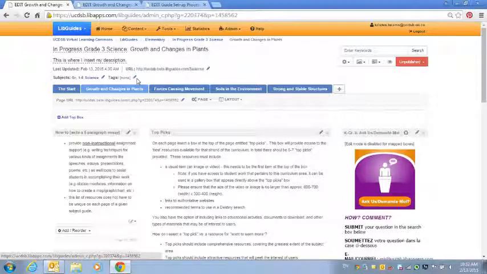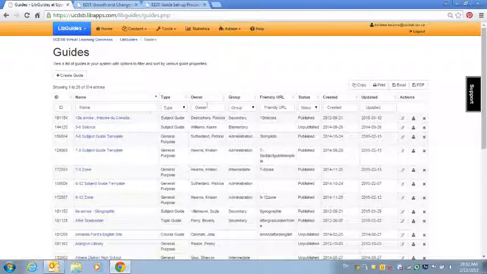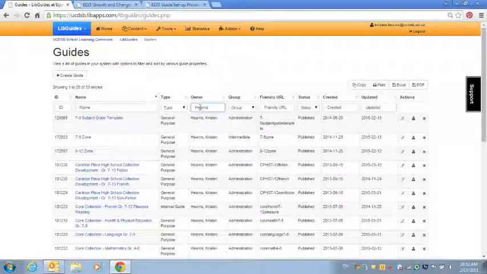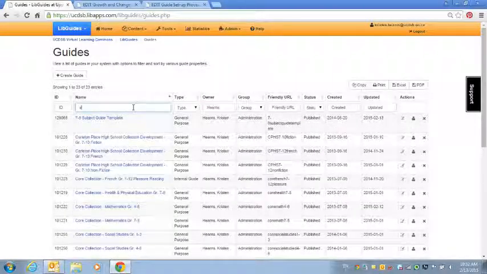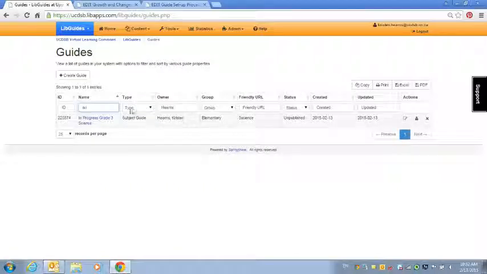Okay, so now that this is all set up, I'm just going to transfer it over to Julia, and I'll show you how to do that in case some day in the future it may be something you wish to do. So I'm going to go to Content Guides, and right now this guide is under my name, so I'm going to type in Hearns and Science. There we go, and we can see in progress grade 3 science, and I'm going to go over to where it says actions and change guide owner,